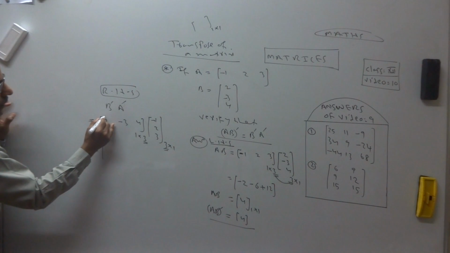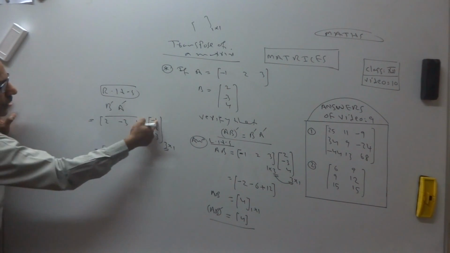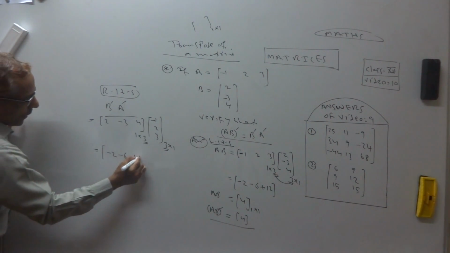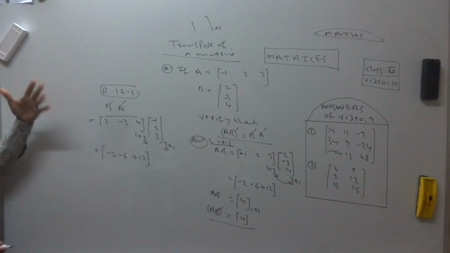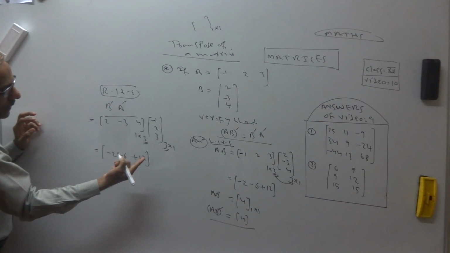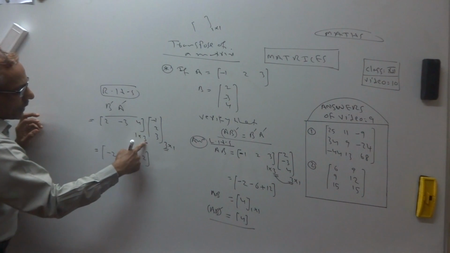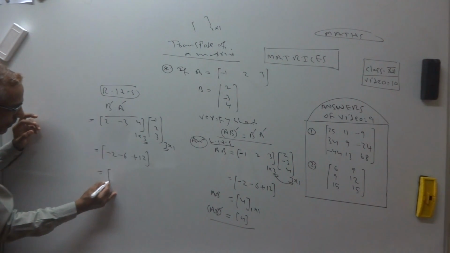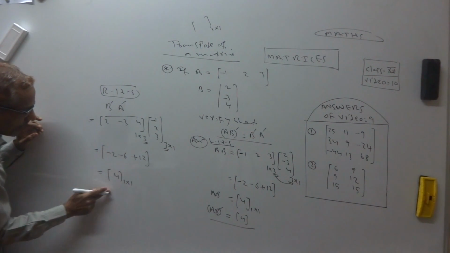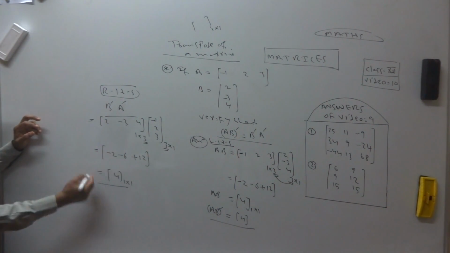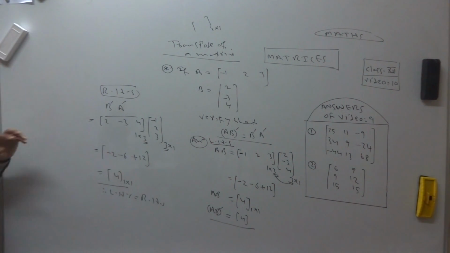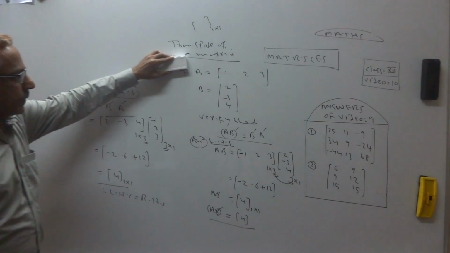Okay. Row, column. 2 into -1, -2. -3 into 2, -6. 4 3s are 12. So in last videos we have done how to multiply. Last and first equal, the result is 1 by 1. Yes, I am getting, you see, 4, 1 by 1. Finish, direct answer. So check the answers. LHS is equal to RHS. It's okay. So this was one example.